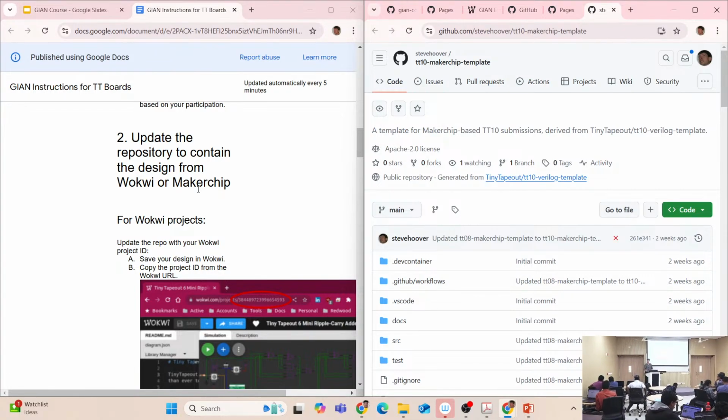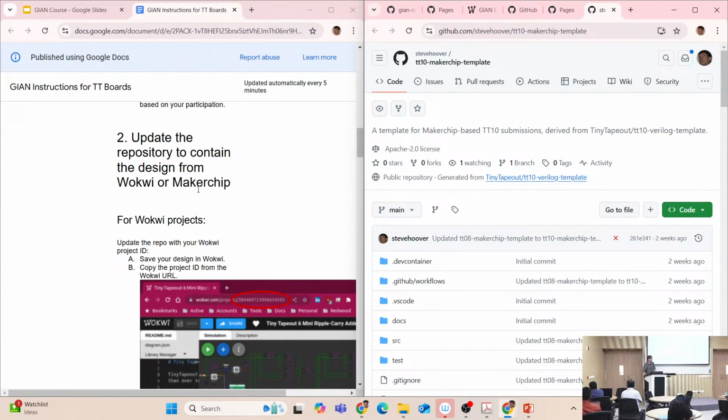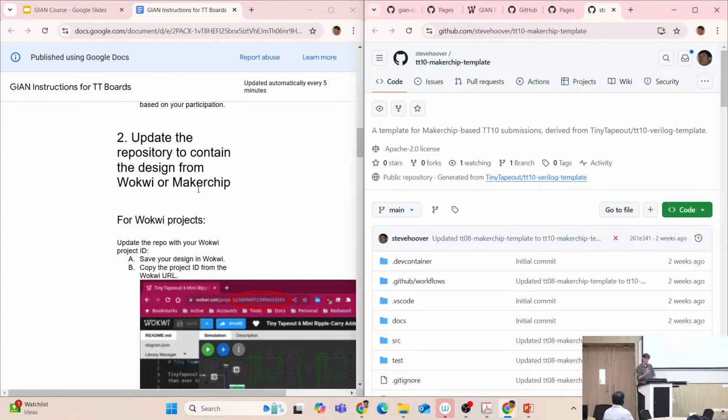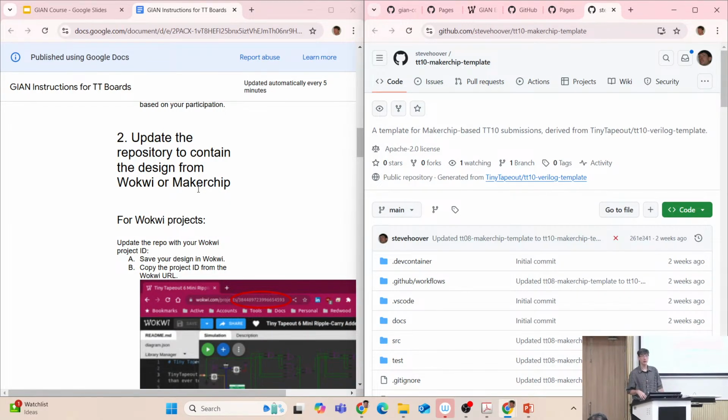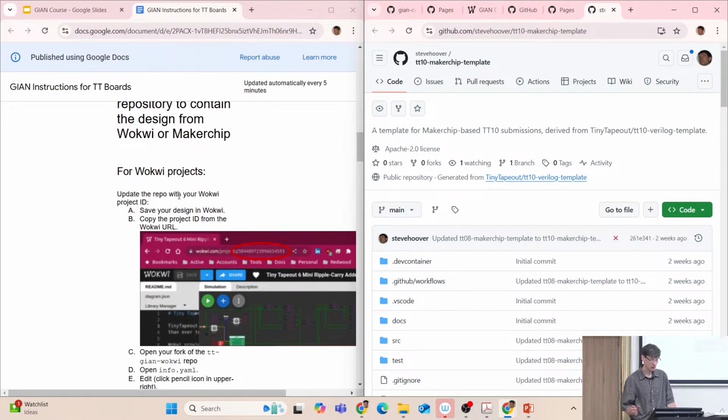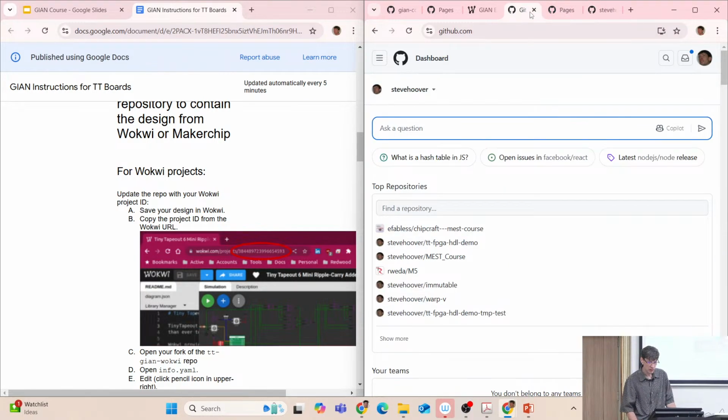So we'll use that first repository, the Wokwi repository, to connect with the projects that you just created in Wokwi. Okay. So the steps for doing that are here. We want to update the repository that you just created a copy of to contain that ID. So let's see, for me,